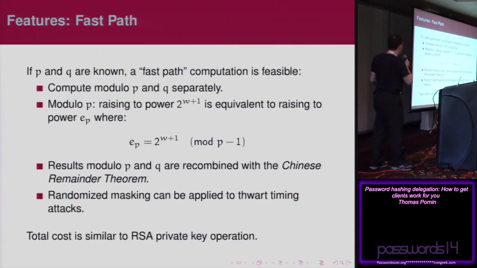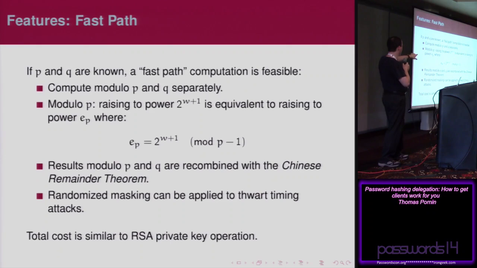So we can have a fast pass. The fast pass is when we know the two factors P and Q. For everything which preceded, you worked with the modulus alone, just n. But if you remembered the two factors, then you can do things much faster, because you can work modulo P and Q separately. And since there are prime numbers, you're no longer on a ring of integers, but on a field,